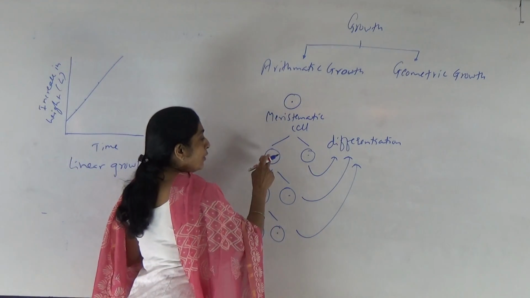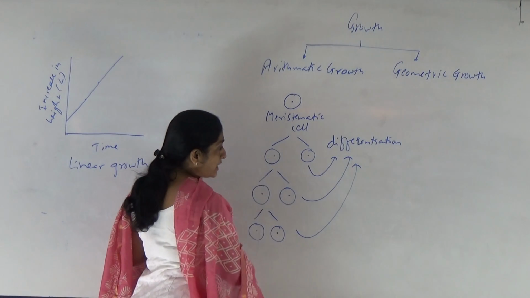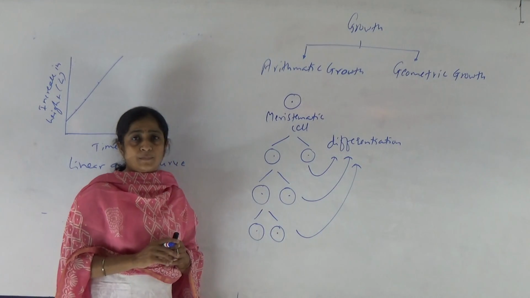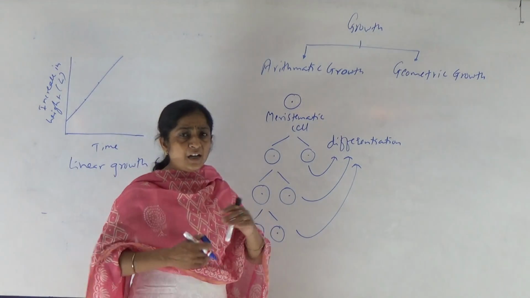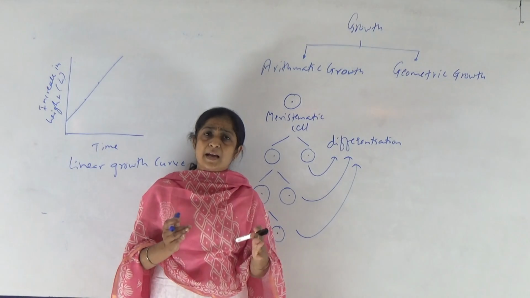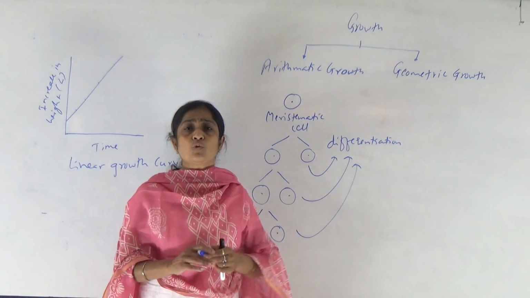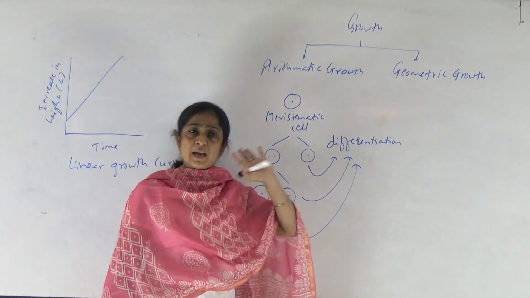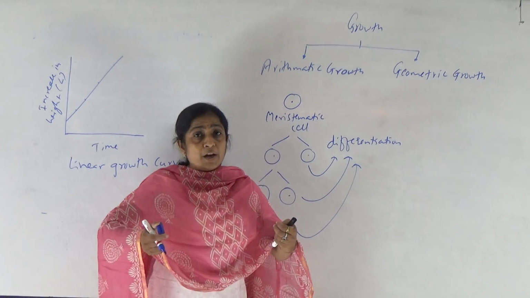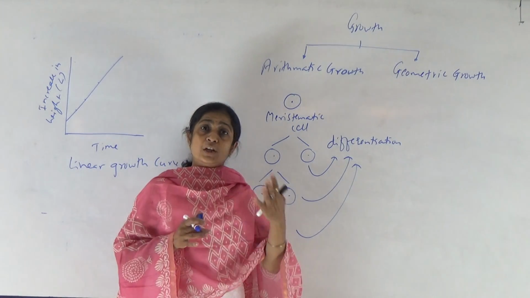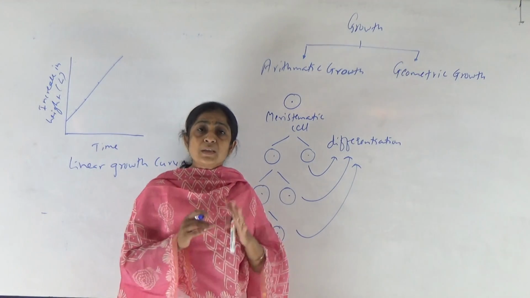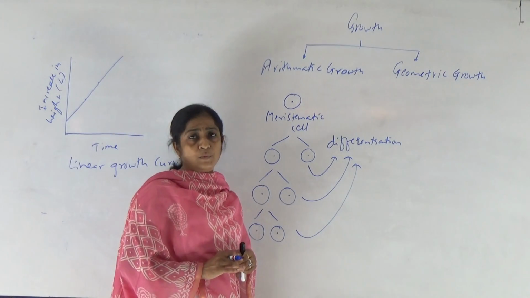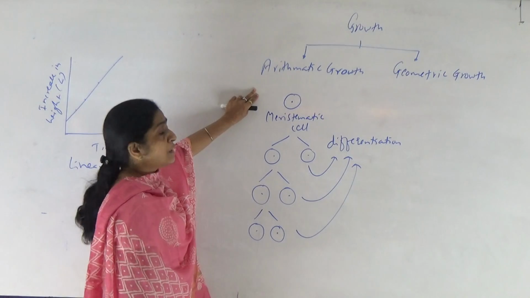So here 50% of cells will continue the cell division and 50% of cells go for differentiation. So simultaneously division is occurring as well as development and differentiation also occurs, because the cells which will go for differentiation lost the ability of cell division but they start now elongation, right? Then they differentiate to perform a specific function. So in this case, a continuous increase in the length of that plant part is observed. Such a growth is known as arithmetic growth.